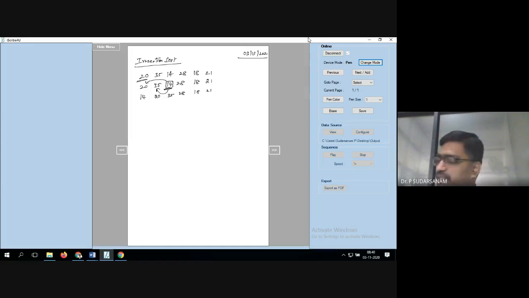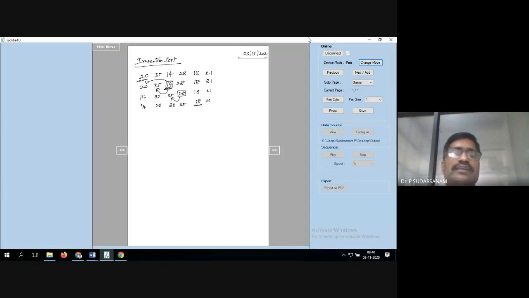Now you take 28 to the temporary location and compare it with 35. 28 is less than 35, so 35 will be moved here. Now is 28 less than 20? No. So no need to check the previous values. Place 28 here and copy the remaining values as they are. Now